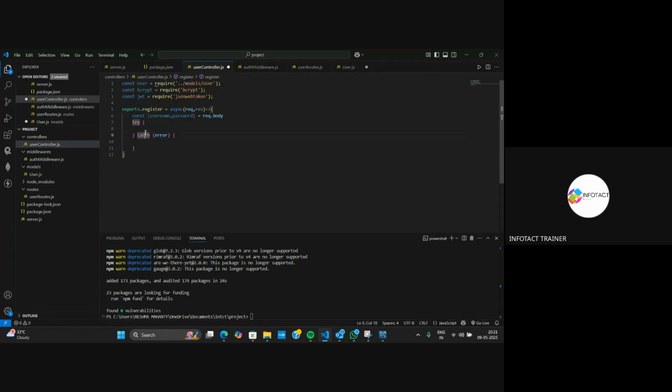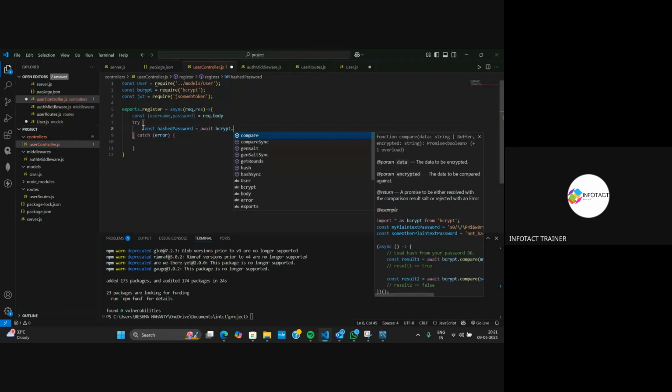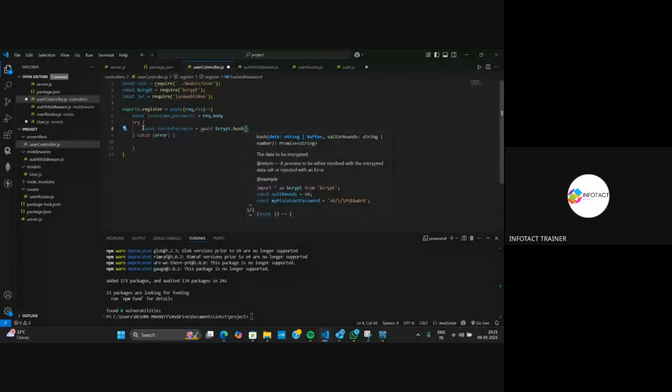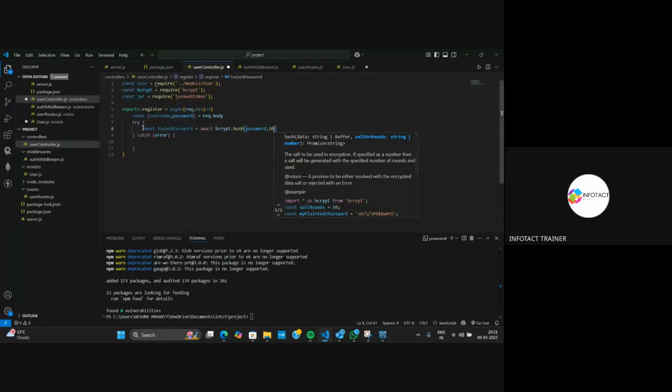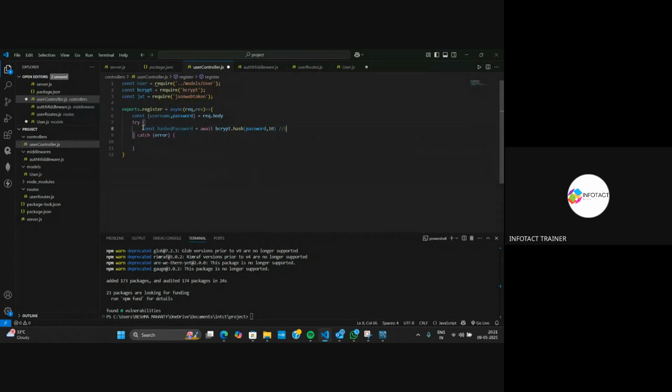Inside the try block, I will write const hashedPassword. And now we will use the bcrypt.hash function in order to hash our password. Comma 10. Now you will ask me, ma'am, why are we providing this value 10? So this 10 value is called the salt value,